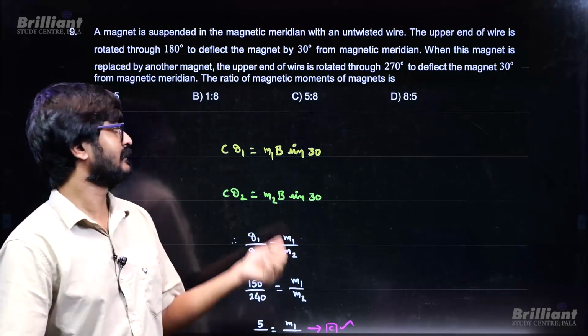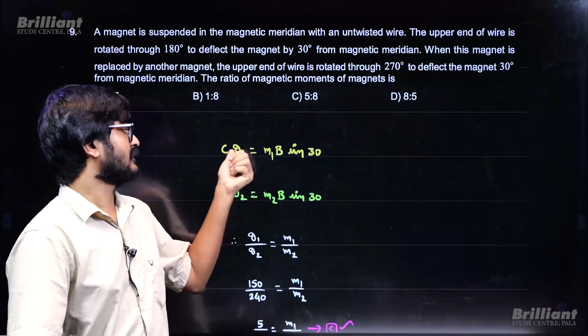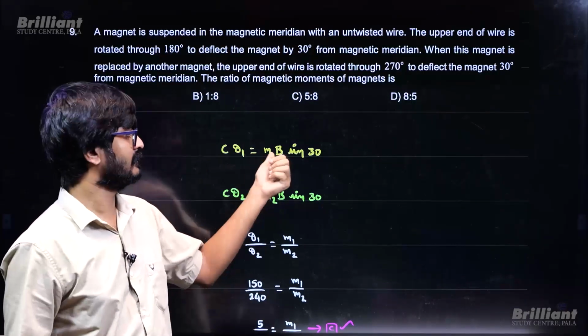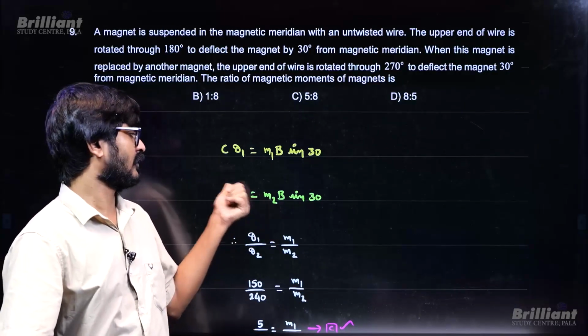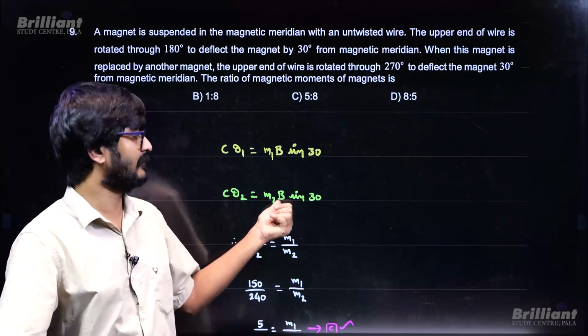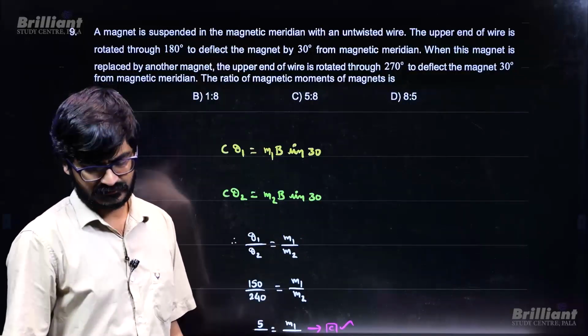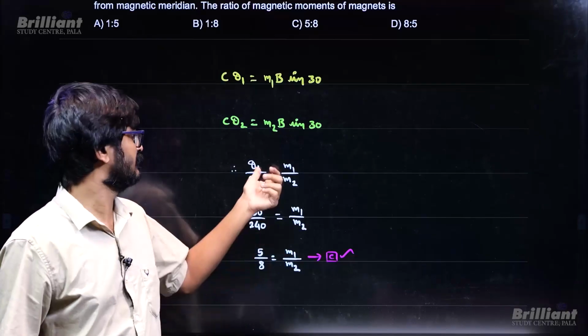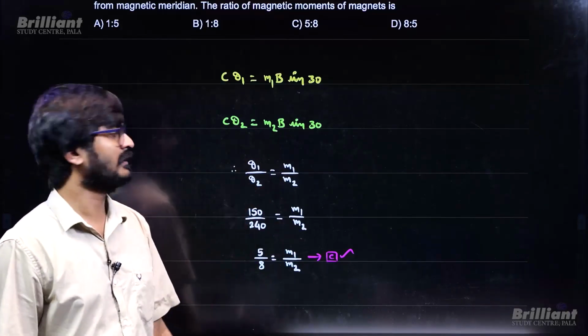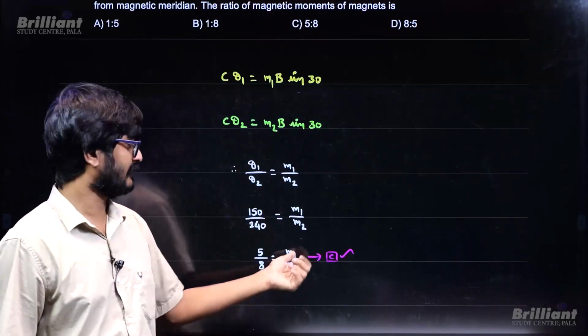In the first case, torque will be the torsional constant into theta, which balances the torque because of M bar cross B bar. In the second case, the torque due to twist is balancing M bar cross B bar. Now you just need to take the ratio. Actually we have to substitute in radians, but for the ratio I don't have to bother, I can just substitute in degrees itself,